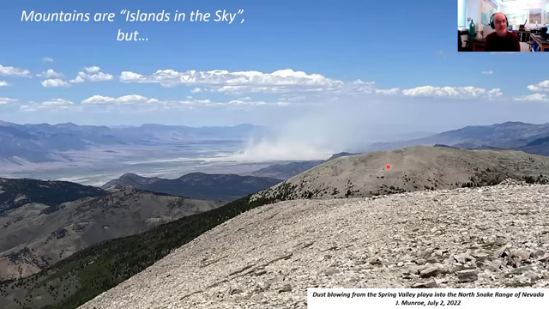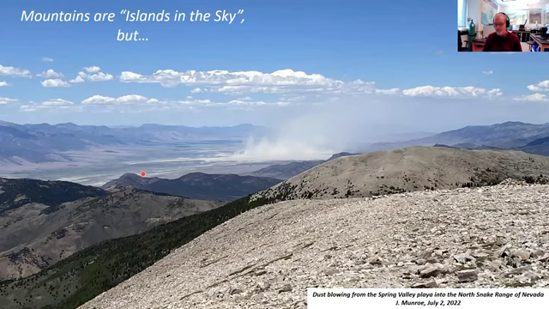If you think about the precipitation that falls on the mountains, it's going to turn into runoff, which is going to then feed surface water systems and groundwater aquifers at lower elevations. And I would argue things go the other direction too. And this picture here shows what I mean. The islands in the sky are receiving dust, which is blowing up off of the arid landscapes, which often are surrounding them. So this idea of mountain systems as being the recipients of dust and a mechanism that links together